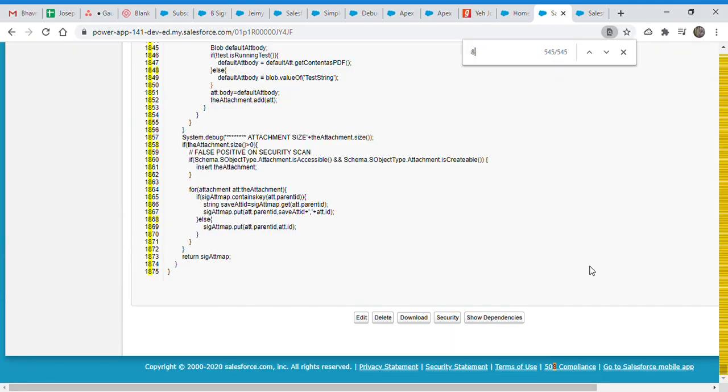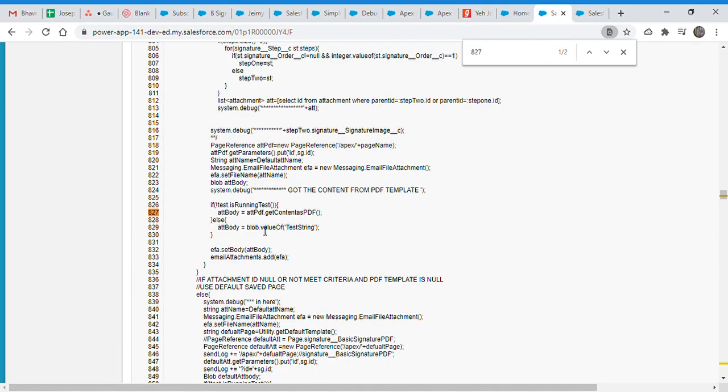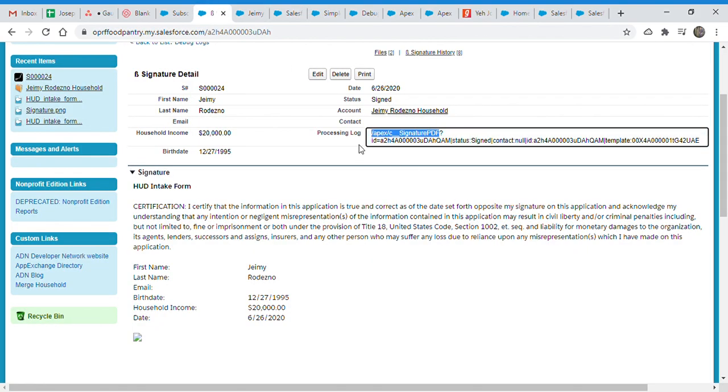Let me show you in our code. It's the same version that is installed. So here you see, if this is not a test, in the case of a test we just create a dummy blob, but if this is not a test, it just gives us the content of the PDF. Which PDF? The page reference we use here, like apex slash the page name. We find this one in our verification, sorry, in our processing log.